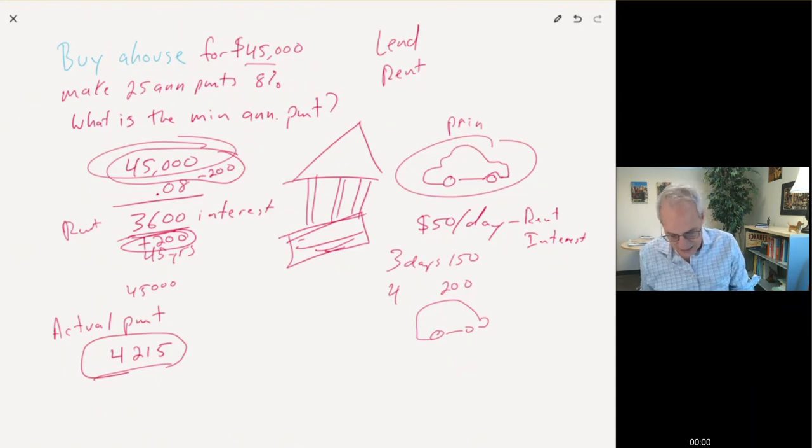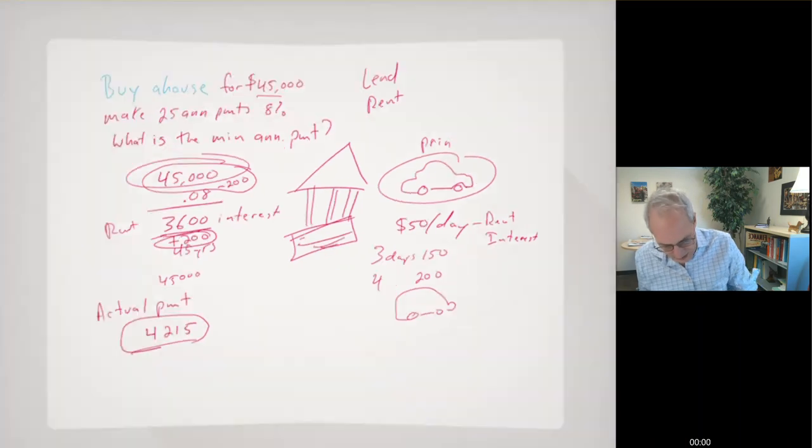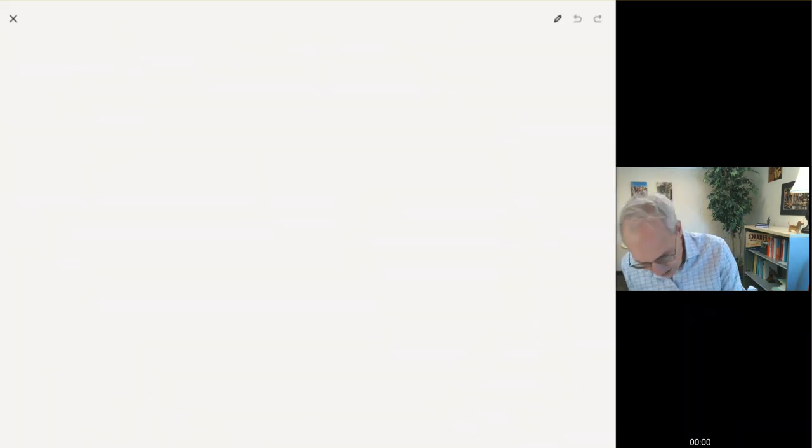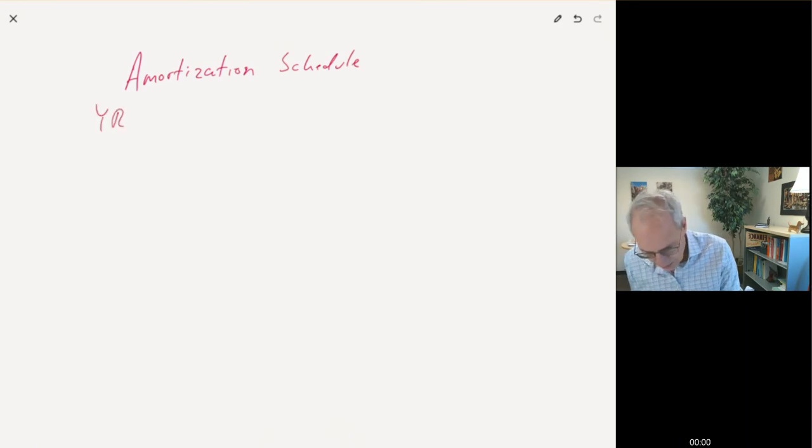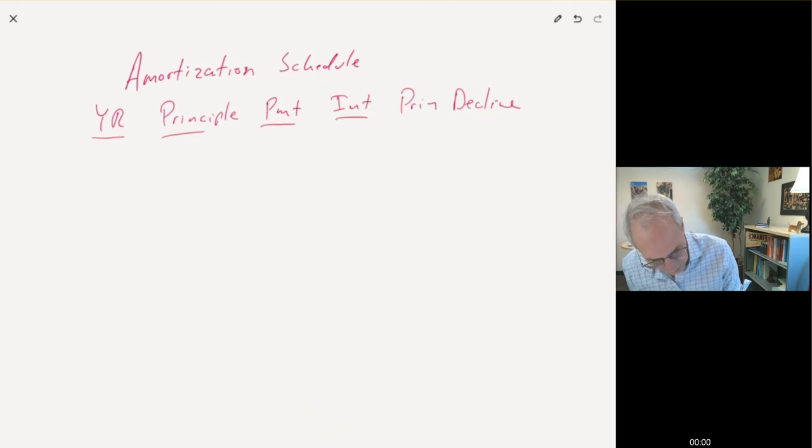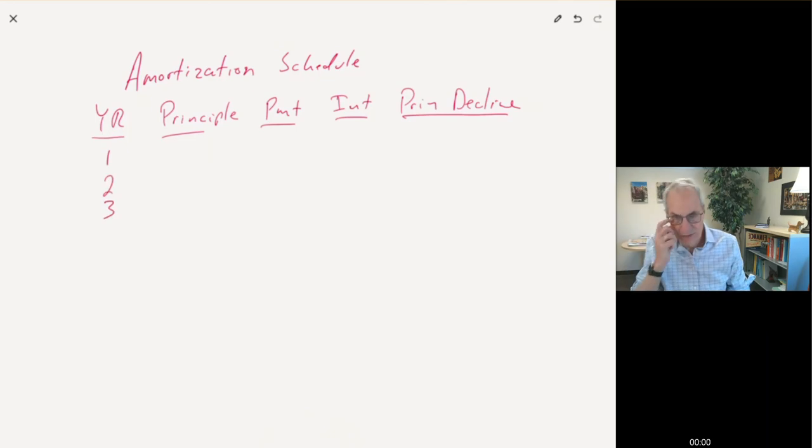So doing that calculation, we can now set up what we call an amortization schedule. And you probably did this in accounting. Amortization schedule. And you will have a question on the quiz about calculating some of the numbers on here. So we have 4 kind of categories, well, I guess 5 if you count the years. 1, 2. We're just going to do a few years here.